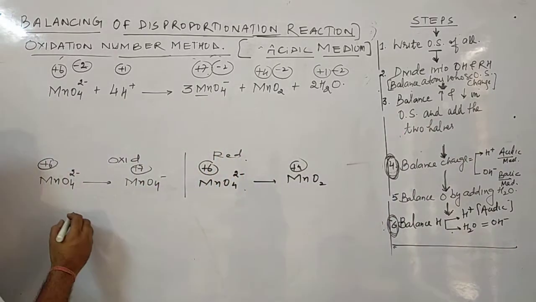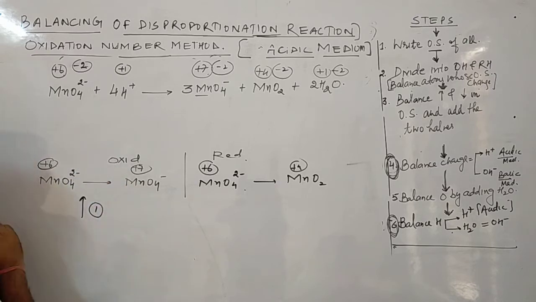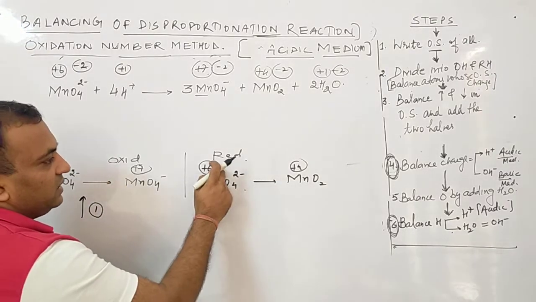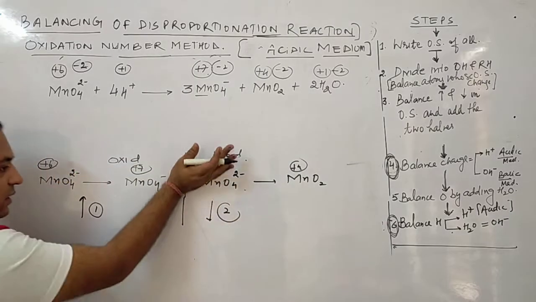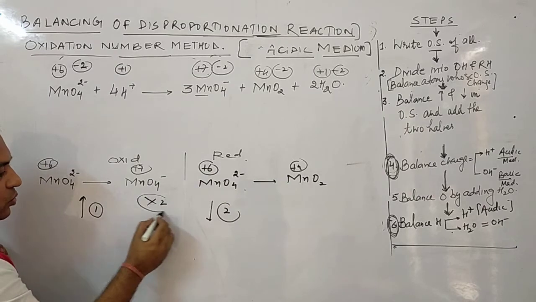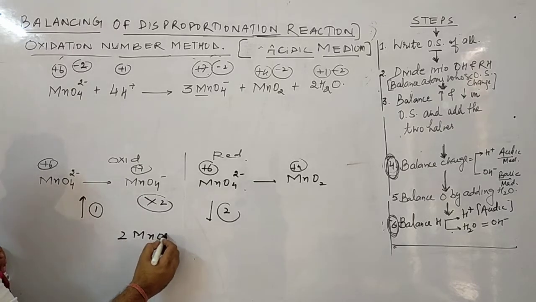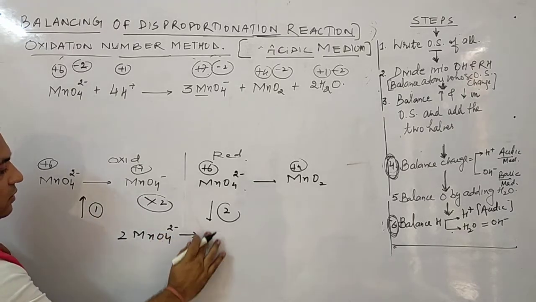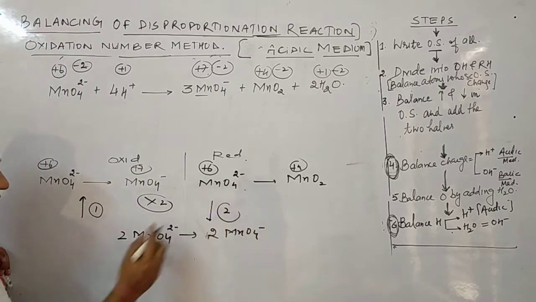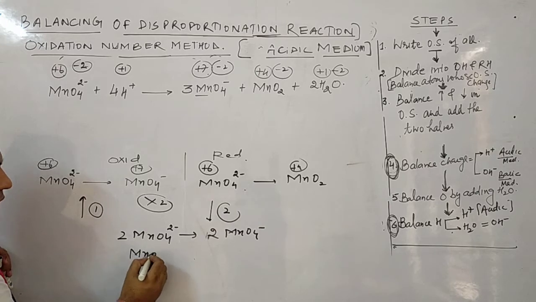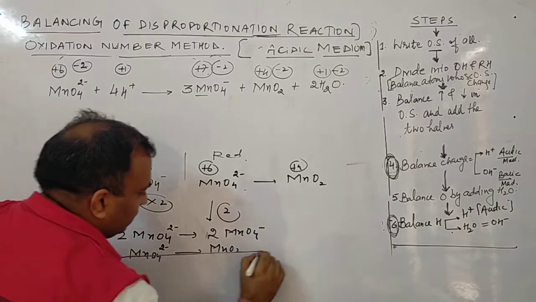तो check करते हैं बेटा increase कितने का है? Increase in oxidation state plus 6 से plus 7, 1 का increase है. Decrease plus 6 से plus 4, 2 का decrease है. So how can I make equal? हम सिंपल इसको किससे मल्टीप्लाई कर दें? 2 से. So what it will be? Twice MnO4 2 negative से बेटा twice MnO4 negative, and this will be as it is, MnO4 2 negative से MnO2. अब इनको ऐड कर लीजिए.